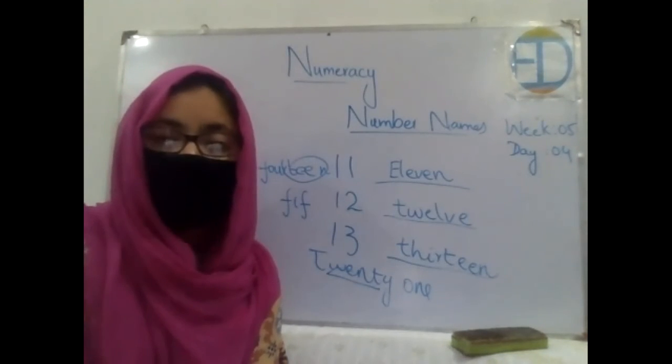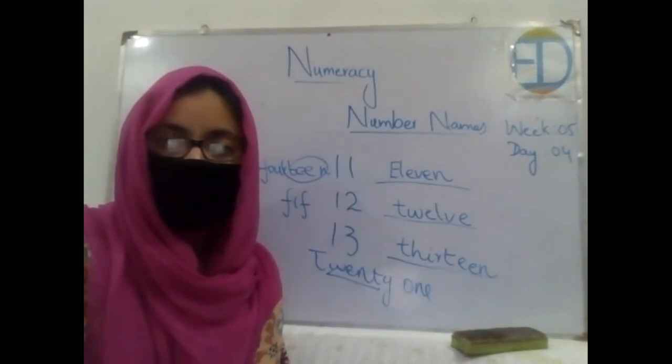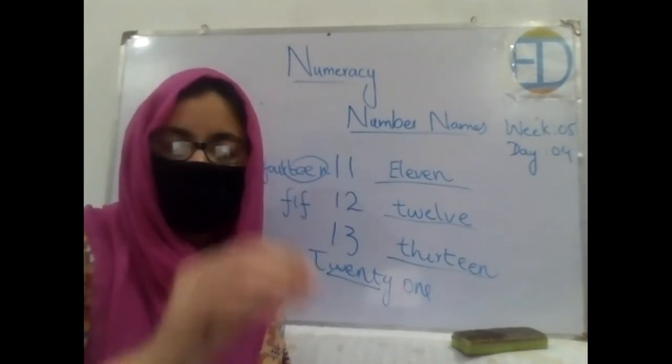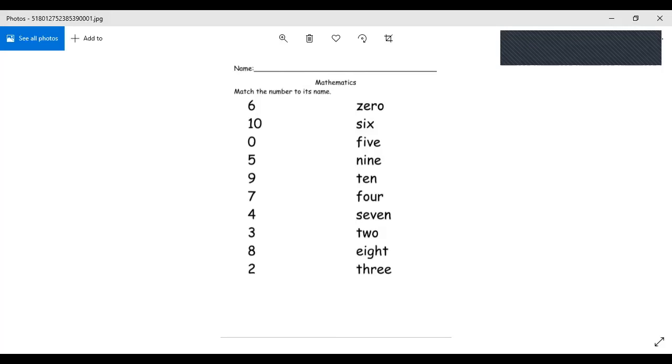Great, mashallah. Now, before ending the class, I'm going to show you a small activity. We will first do this and then we will end the lecture. Show me a thumbs up if my screen is visible. Is it? Excellent. Okay. So on one side, the digits are mentioned, and on the opposite side, their names are mentioned. And you are supposed to match the digit with its name. Okay. So hurry up, do it.